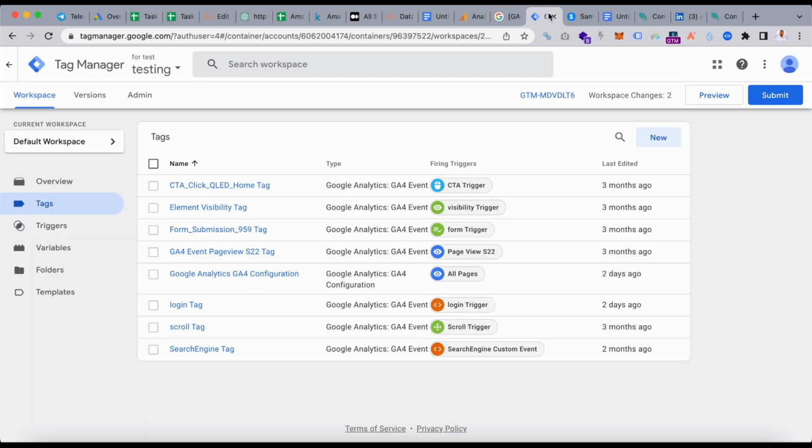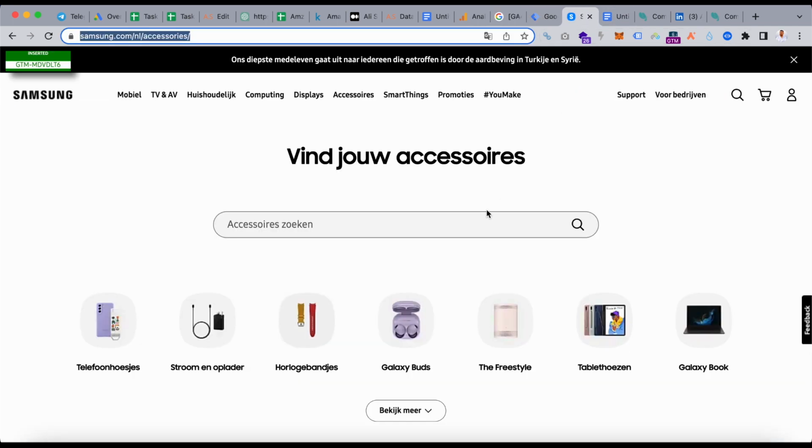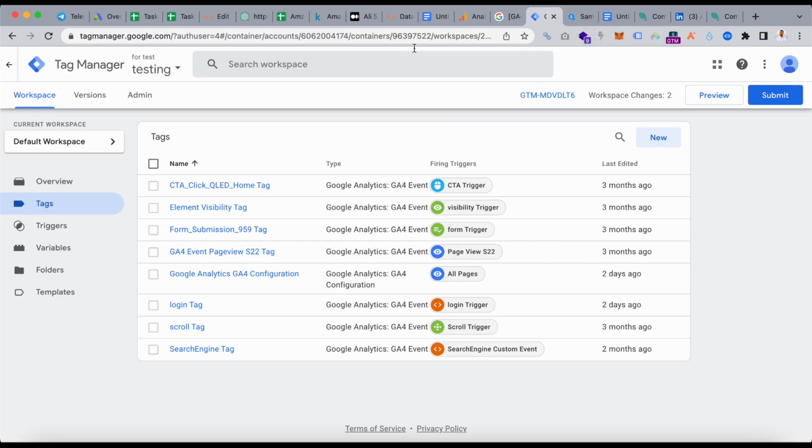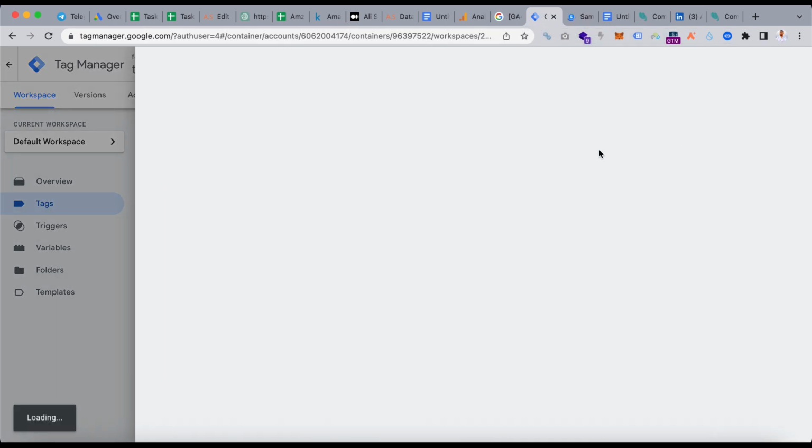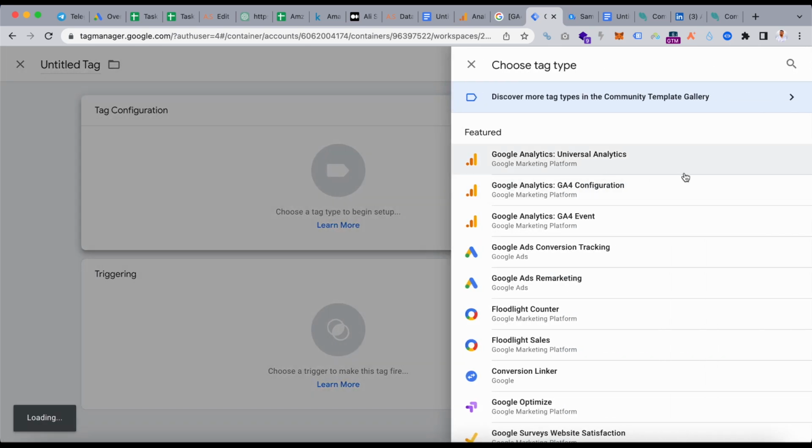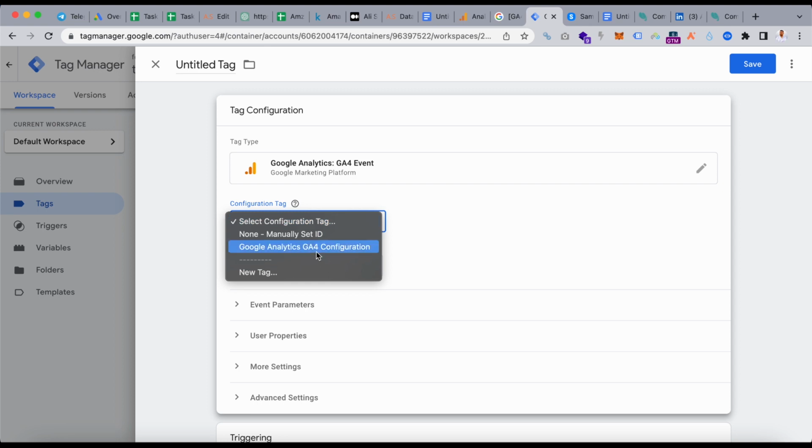So to create that, let's say Samsung wants to track page views on this page. So I will copy this. I will need it later. I will go to tags here, click on new, click here. I will choose GA4 event. I will choose my property,